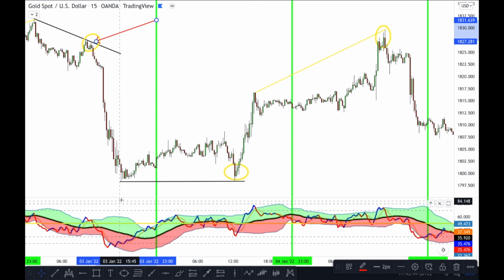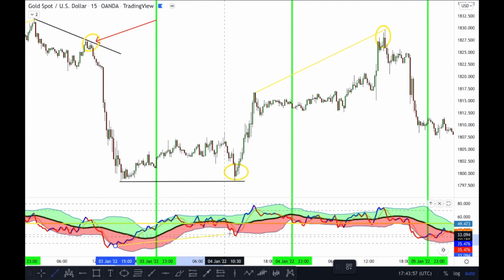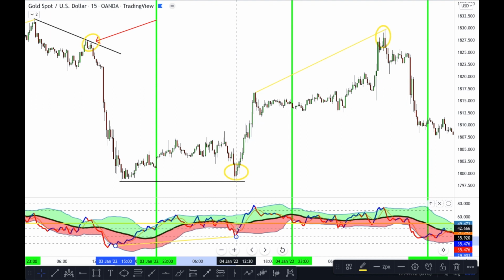When we go over to this trade over here, we can see clear as day that this was a double bottom pattern. So this is a lot better for us to be able to see. And then if we mark this out on the TDI going over to here, as we can see here, there was a discrepancy between price action and the TDI itself. And then when we saw this, we saw a nice continuation of a huge buy up here, which you would have been able to catch.